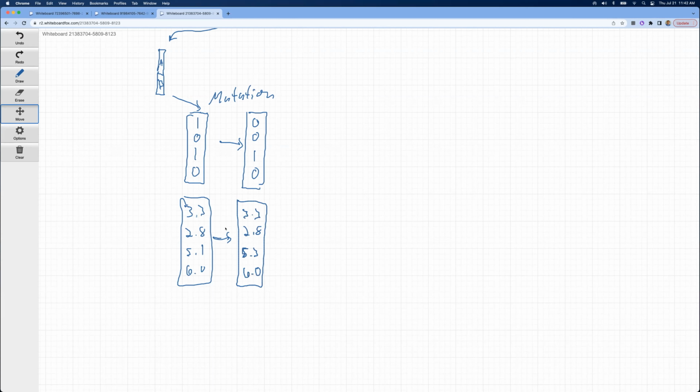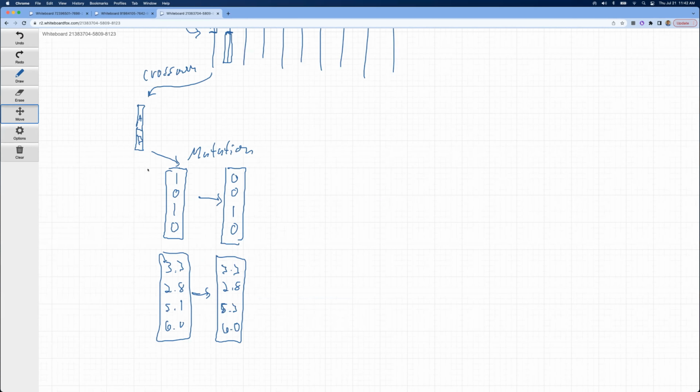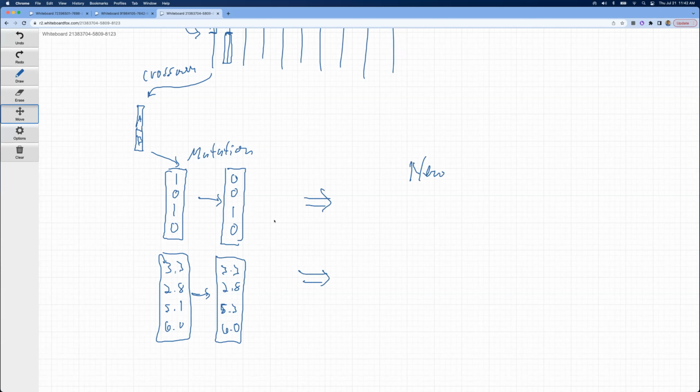So this is an example of mutation using real numbers. This is an example of mutation using a binary representation. Okay, you can see that from what we've done here, you can now easily create a whole new generation of genes. Okay, and so now let's say that we created 20 or 100 of these,